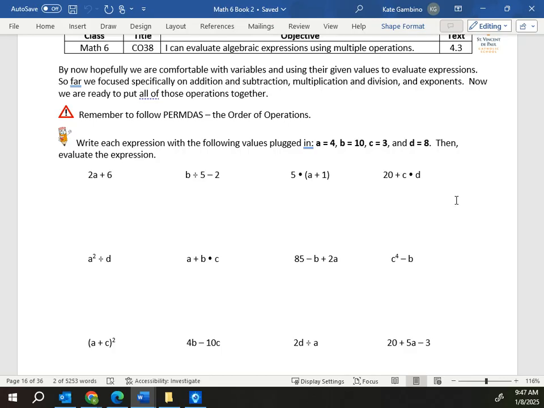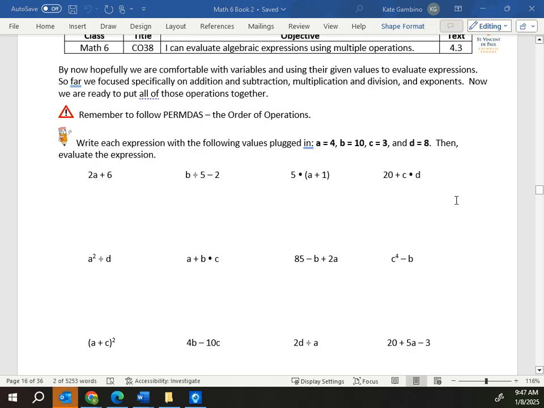So by now, hopefully we are comfortable with variables and using their given values to evaluate expressions. So far, we focused specifically on addition and subtraction, multiplication and division, and exponents. It's been a while, but we did do exponents in the fall. Now we are ready to put all those operations together. Important thing to remember